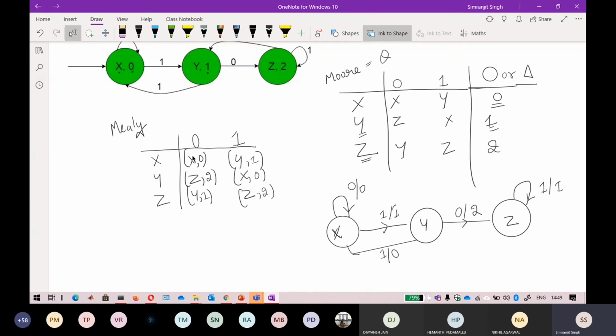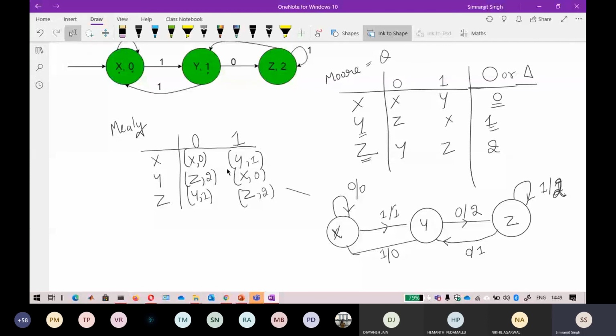In the same way, Z on 0 is going towards Y and is outputting 1. Z on 1 is staying at Z and it is outputting 2 here. So I just write it up. Okay, so this is how you make a Mealy machine